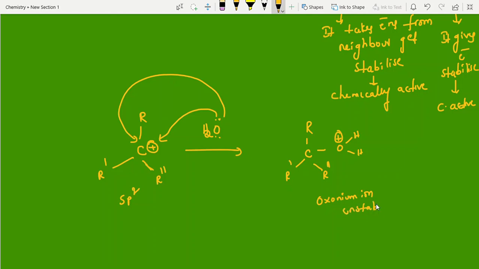Okay, finally, it loses hydrogen, H plus. After removing H plus, this bond will go back. Bond is nothing but two electrons. One electron pair stays as it is, you can write. And this electron pair now it is taking. What is the output, students? C, R dash, R double dash. Then what is this? OH. It has two lone pairs.